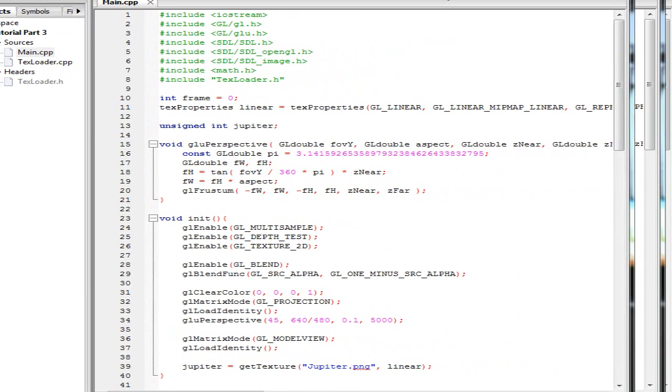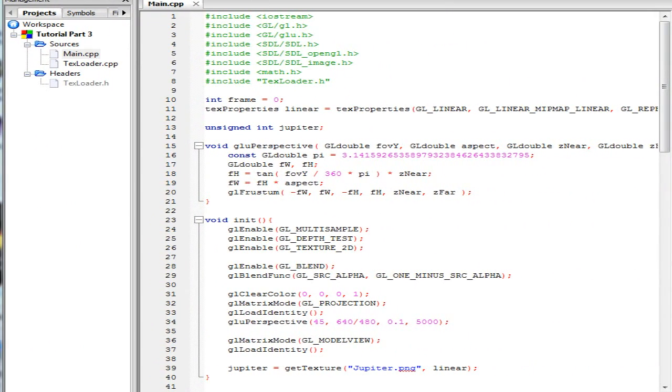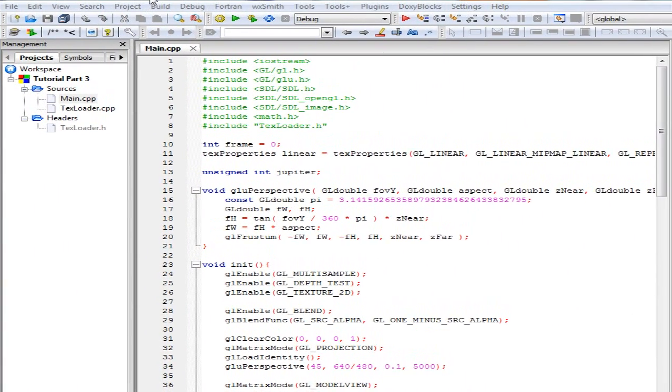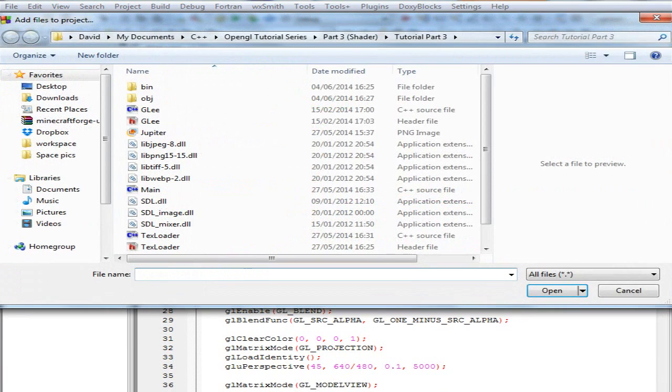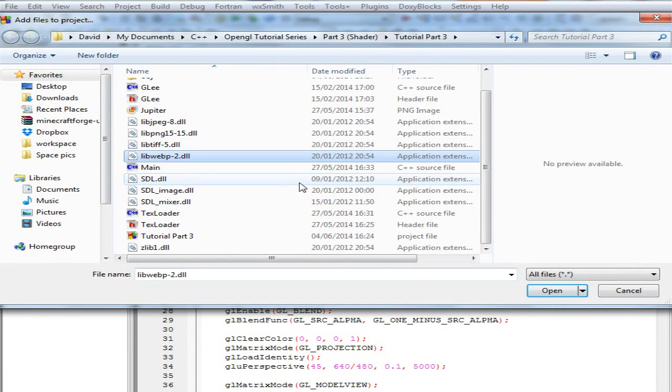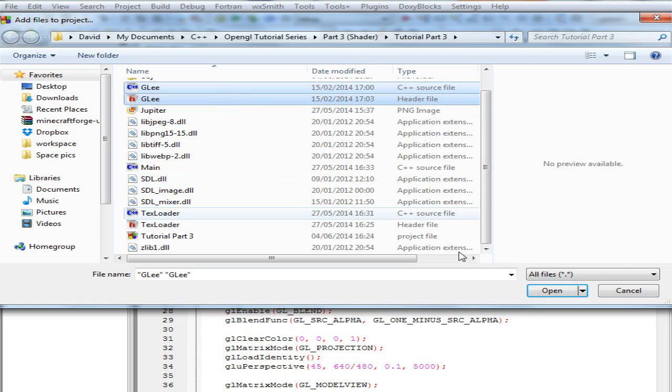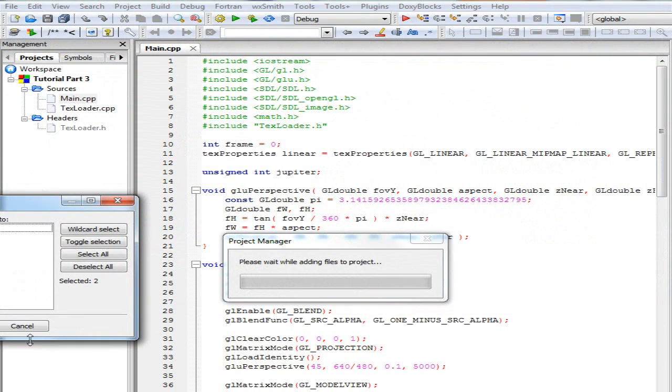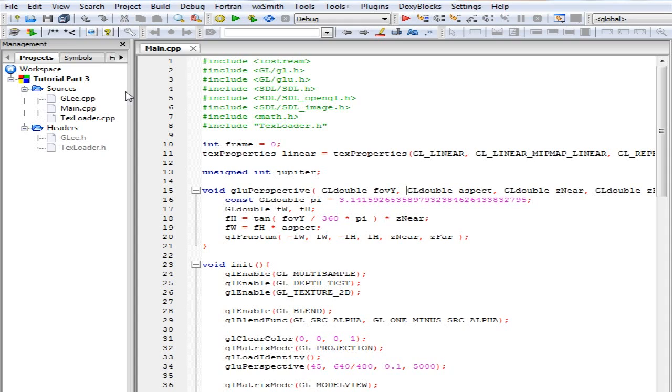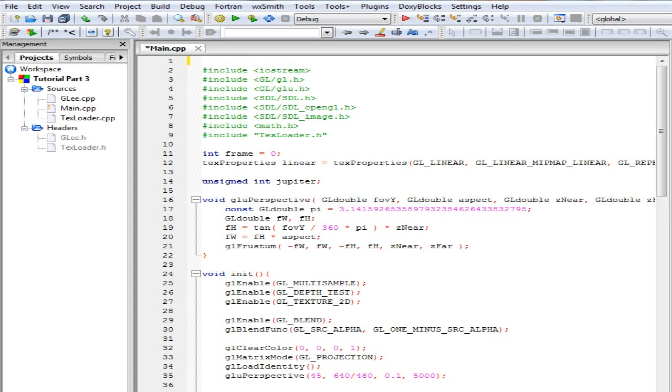And then slide back over here, and then in Code::Blocks I go to project, add files, find GLEE, and then open. Add them to both of them, and now it's 10,000 lines of code or so, but it is useful. Now, when you include it, always include it before gl/gl.h, or it will not compile. So include